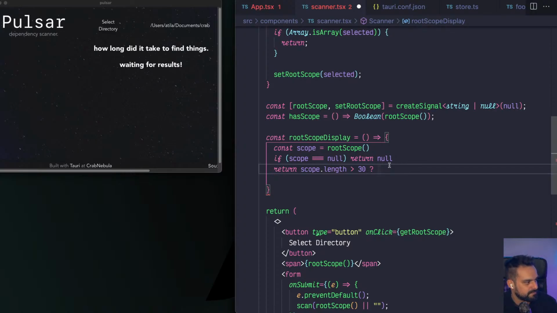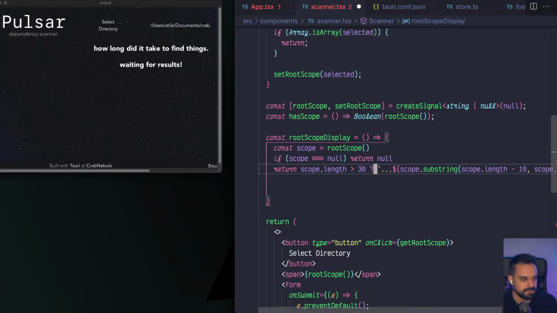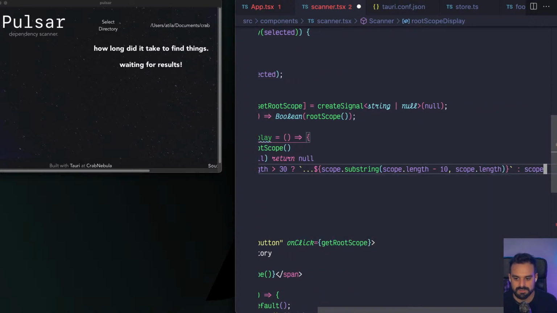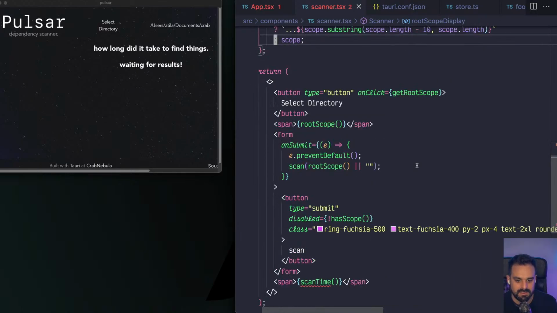So if my string is too large, we're gonna create a substring out of it. If it's not, we're just gonna return it. And that's it, that's the root display. And with that, we can then